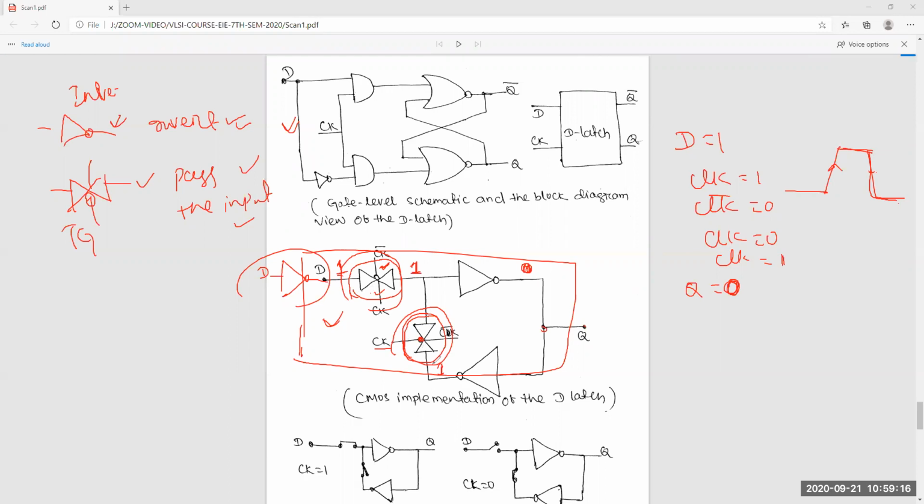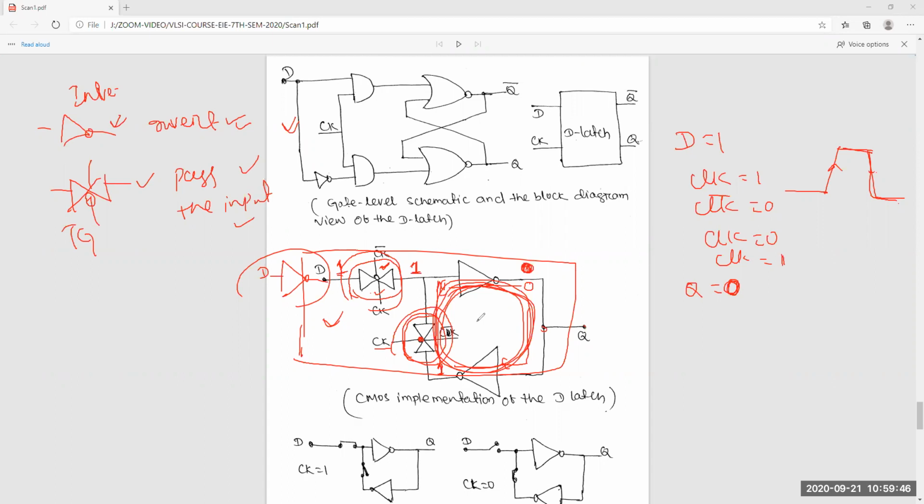So whatever the input 1 was there will come to here again. 1 will come to 0 here, again 0 here, a 1. So it's a positive feedback now, two inverters back to back.